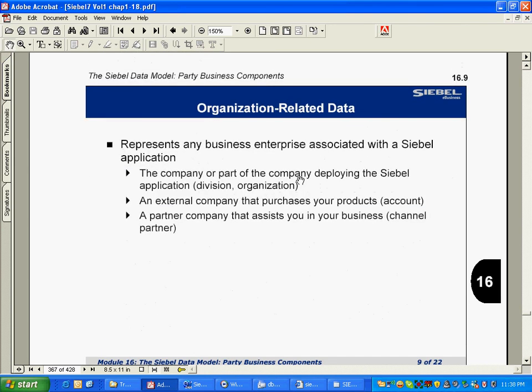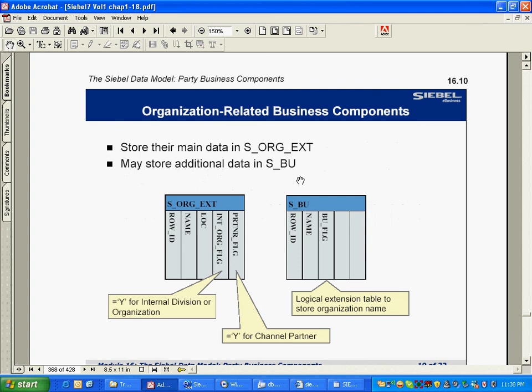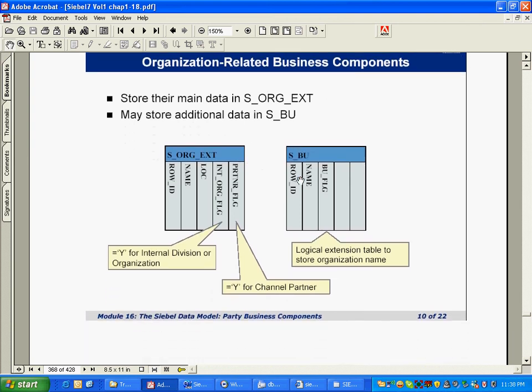Organization related data. We know that different types of organizations are present. Business organization, first is the accounts themselves, they are external to us. Then there is the organization entity in Siebel, which is our own, whoever has deployed Siebel, right? Then there is a partner company, right? So they are all organizational type entities. They store their main data in S_ORG_EXT. By the way, EXT stands for external, and ORG stands for organization. This is the name of the